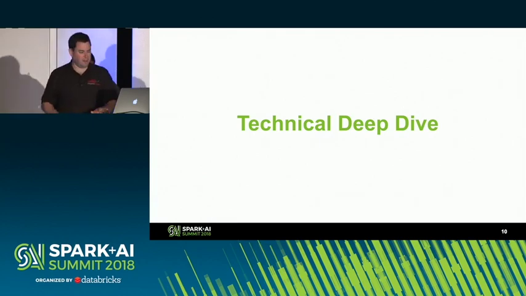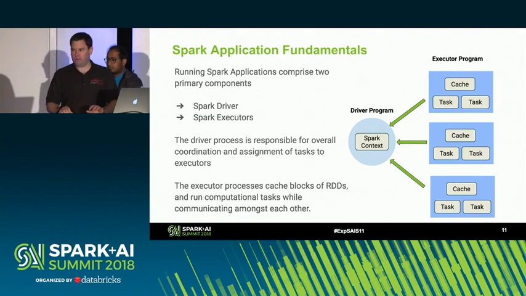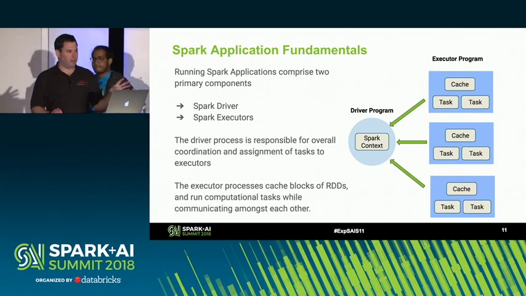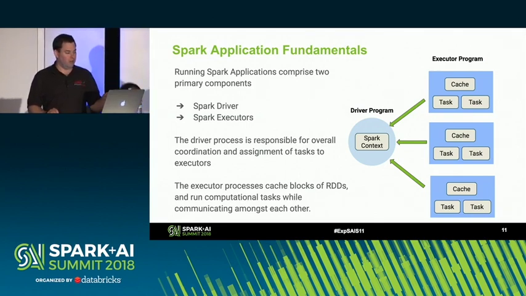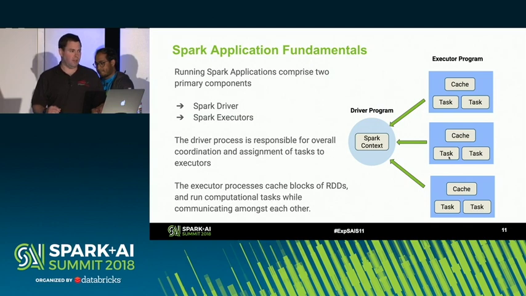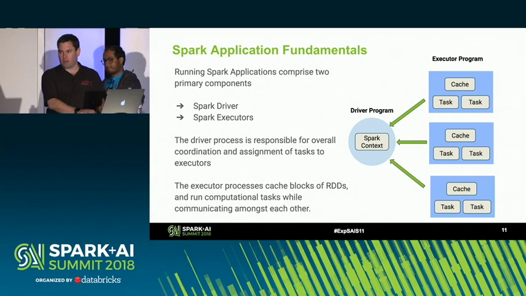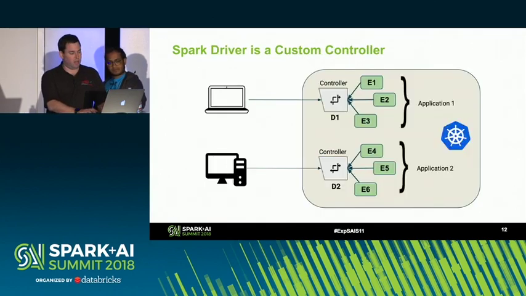Thank you. Very nice. I'm going to talk a little more about how Spark on Kubernetes works. First, I'm going to make sure that I define exactly what terms I'm using in terms of Spark. At its core, Spark has 2 main parts. It has the driver here, which orchestrates everything that's happening on the cluster, and it has a set of executors. The executors check in with the driver and say, hey, are there any tasks you'd like me to do? Is there any data you'd like me to cache? And they just keep repeating that. This is the main architecture that we're going to talk about, how it works within Kubernetes.